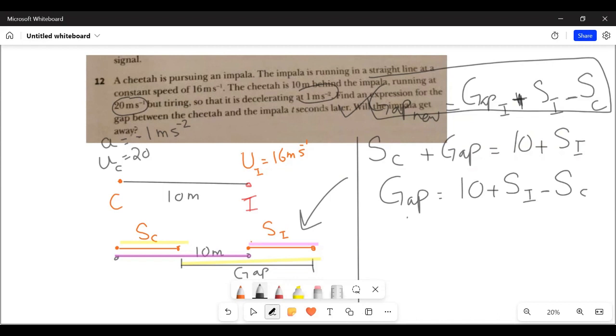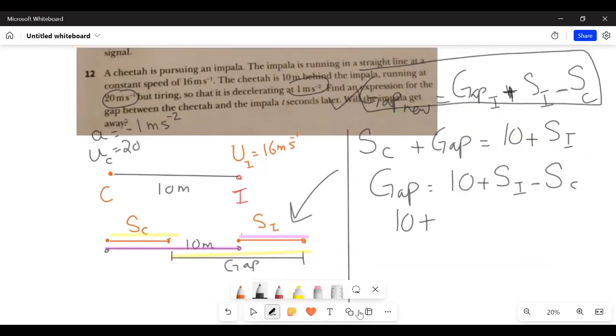Okay, so 10 plus what is the distance covered by the impala in t seconds? For the impala, we know that the speed is constant. And when the speed is constant, you don't use all the equations of motion, you just use S equals Vt. Distance is equal to speed times time. So that's going to be S equals 16t. So the distance covered by the impala is 16 times t. Minus